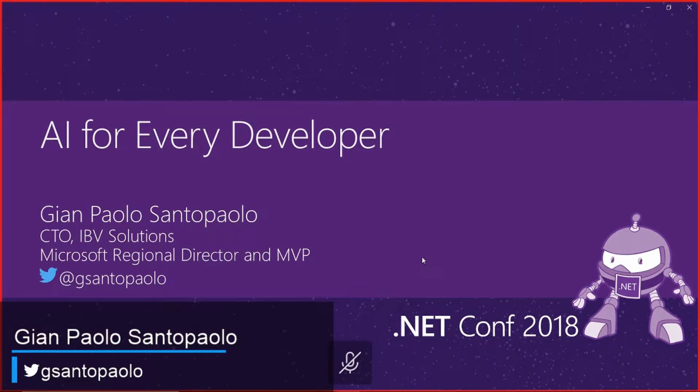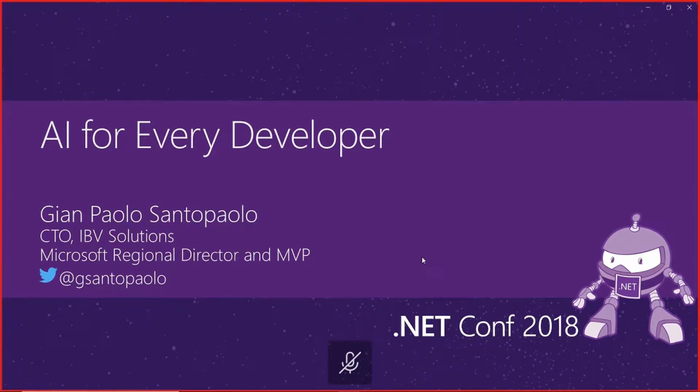I am John Paolo, and the work I'm doing here at IBV is a lot of work about emerging technologies, and this involves artificial intelligence. Artificial intelligence is a field that, since some years ago, was restricted to the boundaries of some scientists. With the work Microsoft and other big companies are doing and the involvement they are making in artificial intelligence, it's now possible to get artificial intelligence and develop artificial intelligence. Every one of us can develop artificial intelligence.